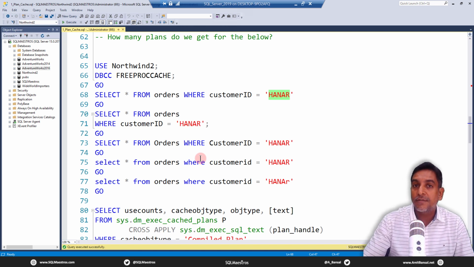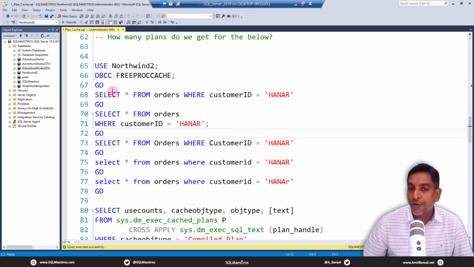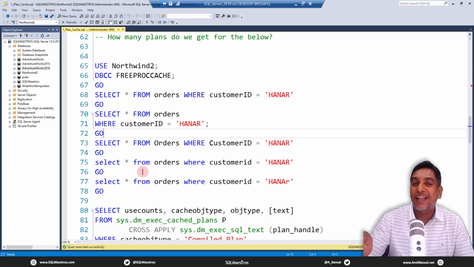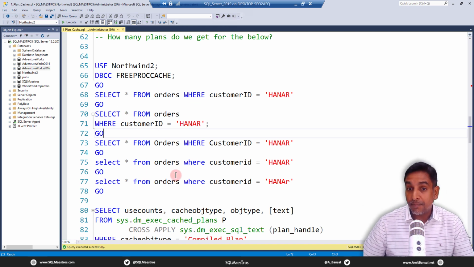For SQL Server to reuse an existing plan, the incoming query should be textually, I repeat, textually identical to the previous instance. Now, if you look at all these 5 queries, though they are technically and logically the same, they are textually not the same, right? So if you compare, for example, the first one with the second one,